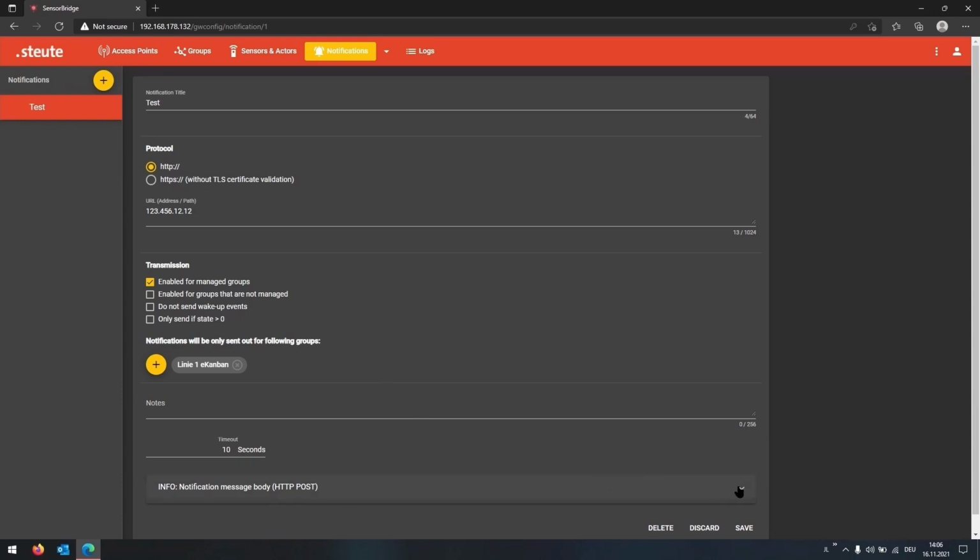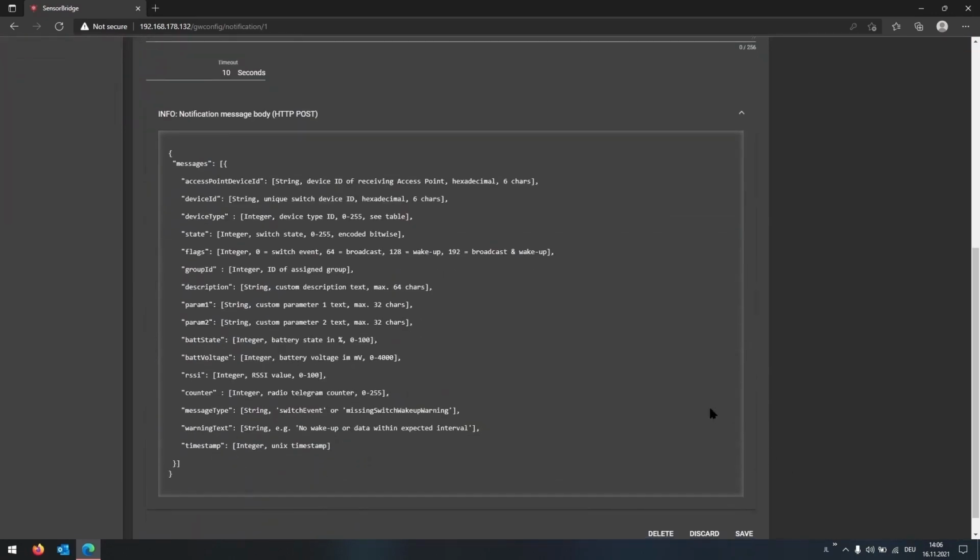The protocol transmitted via the HTTP interface looks like this. This is a sample protocol which contains all the relevant information. The structure of the protocol is always the same, always telling me which actor was actuated, what type of sensor it was, what is the current state of the actor, was it a normal switching event or was it a wake-up, which group does this sensor belong to, which parameters are configured for that group, i.e. description, parameter 1, parameter 2, what is the battery level, what is the signal strength of the sensor,